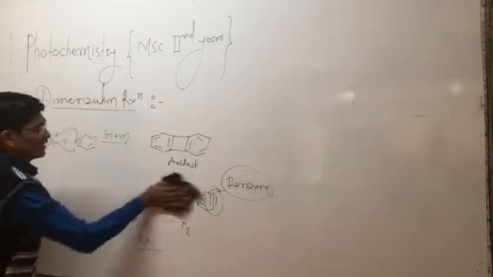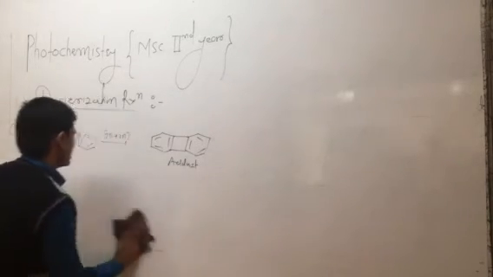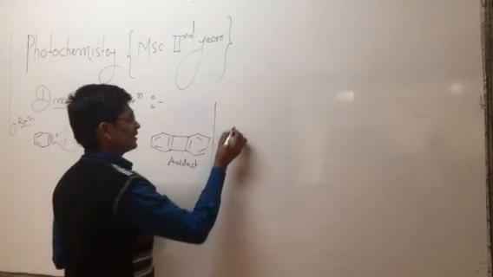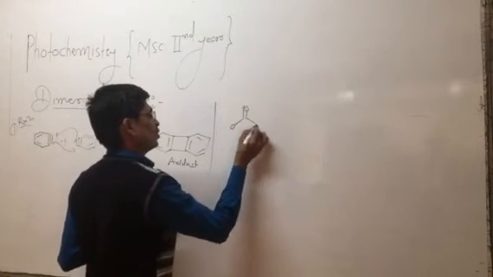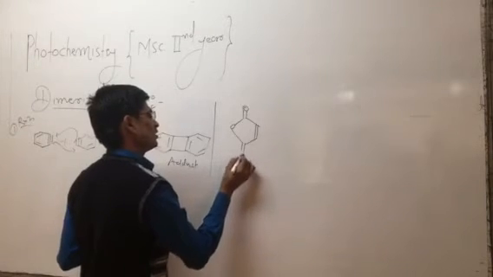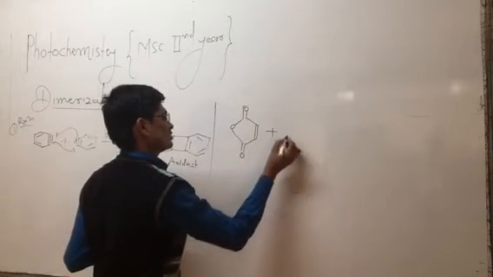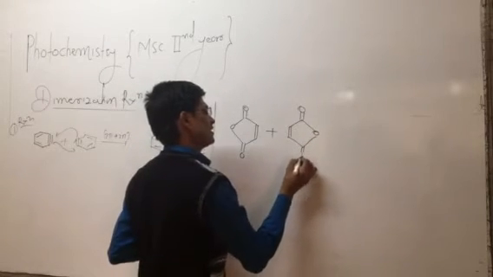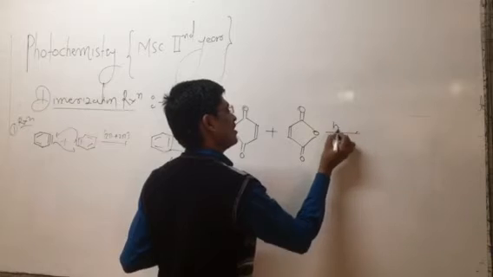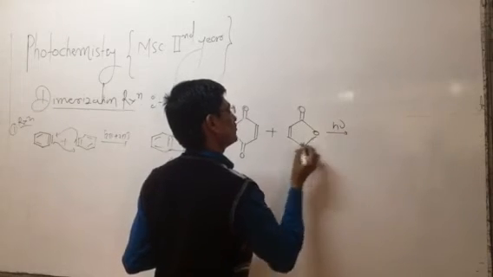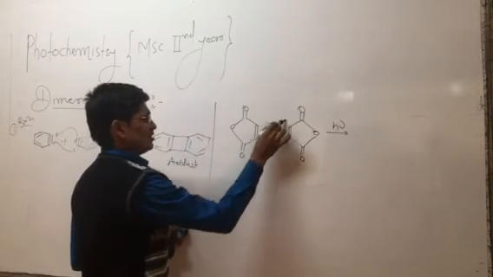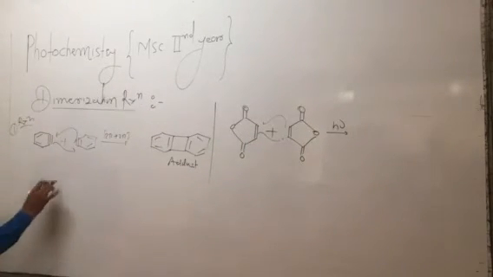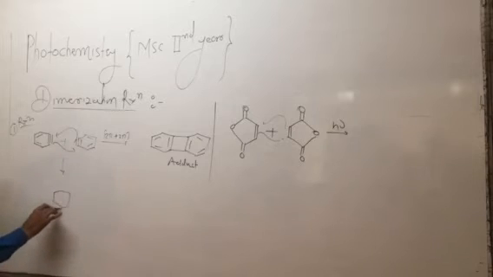What happens next? The starting reactant molecule is maleic anhydride, with C double bond O here and C double bond O there. The name of the reactant species is maleic anhydride. This maleic anhydride condenses with another in the presence of h nu, the photolight. On irradiation of the photolight, the bond is broken by homolysis.